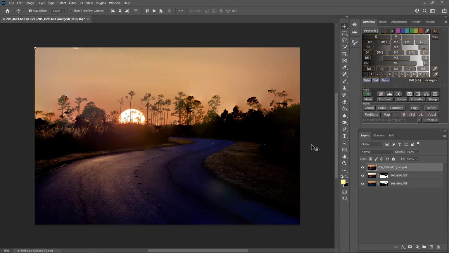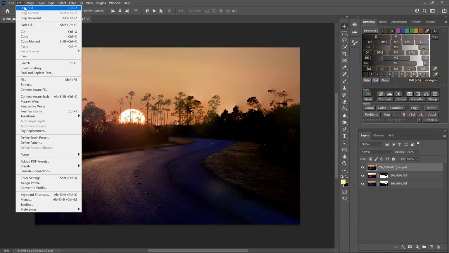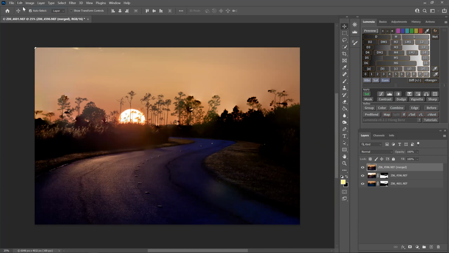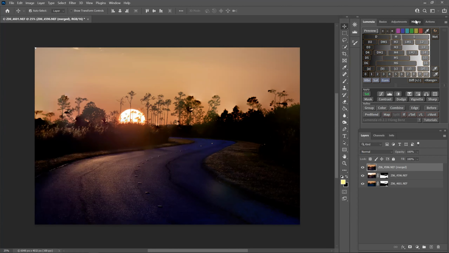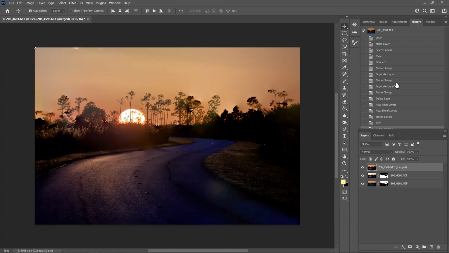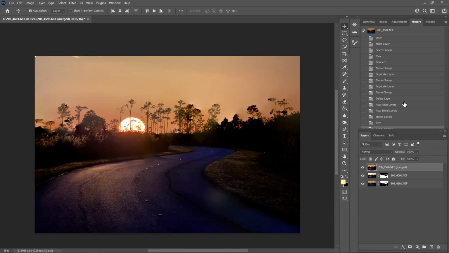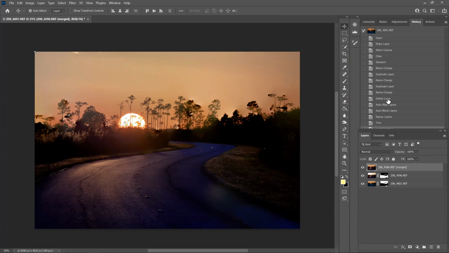Oh, it won't let me undo it. Shoot. Can you try Control Z? Will that work? Yeah, but I only have it to do one. I don't know. I'm going to delete. Hold on.